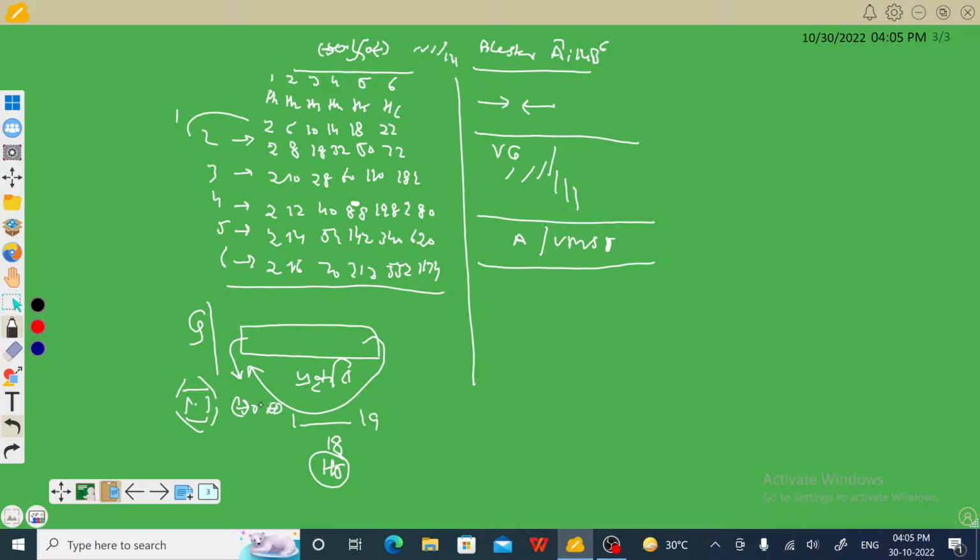How this cycle is being maintained as a call